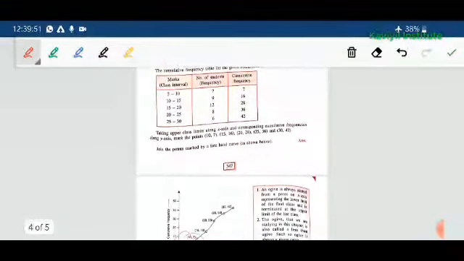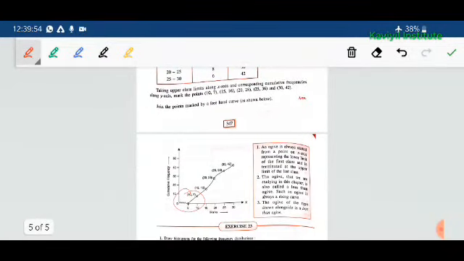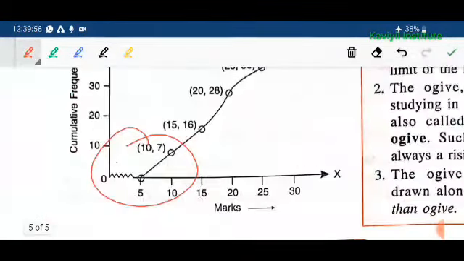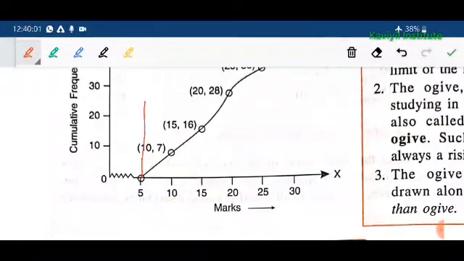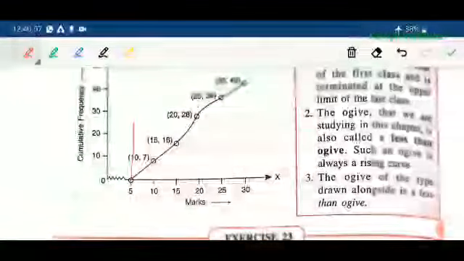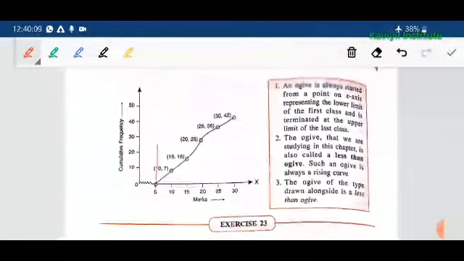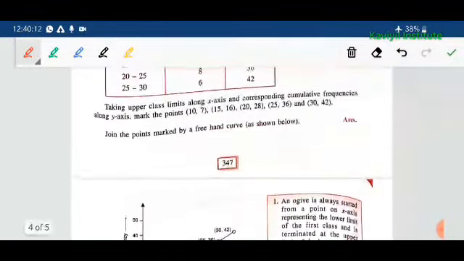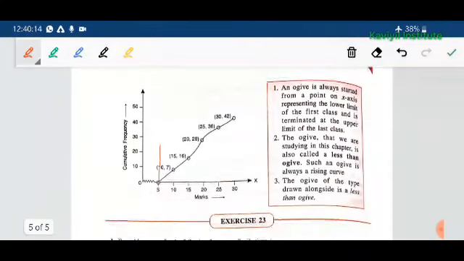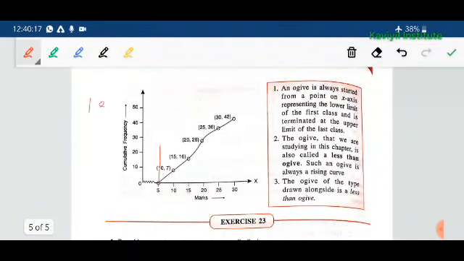Already we have folded, and we know that the 5 to 10 is how much? 5 to 10. So this is 5, and this is 5 going. Now there is one important thing you need to observe: as I told, less than 5, or at 5, what is less than 5? Less than 5 is 0. That is why it will be here only. Less than 5 is here, and this mark. So this is the point where it is intersecting.